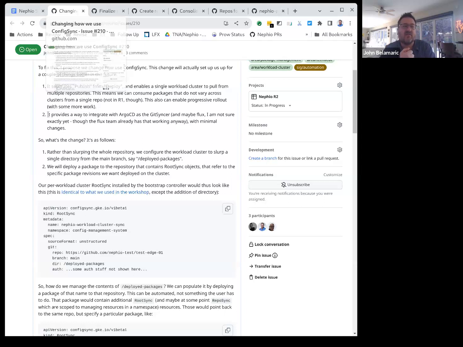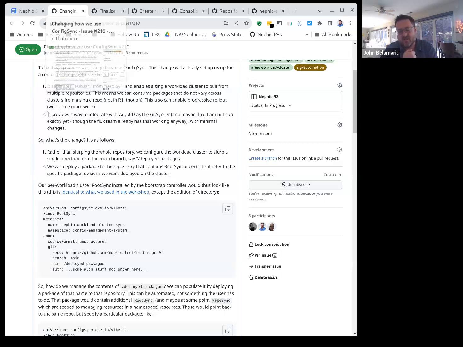But I was thinking about this and seeing if we could do a better job in how we manage things with config sync. Config sync has two concepts with terrible names, root sync and repo sync. They're named wrong. They should be cluster sync and namespace sync.